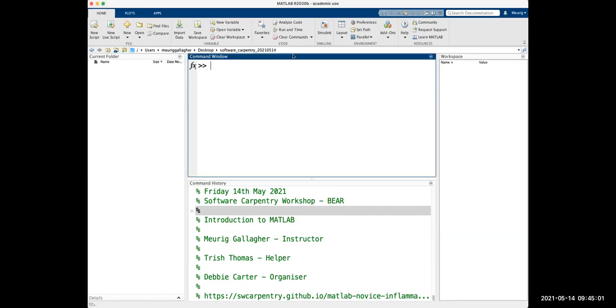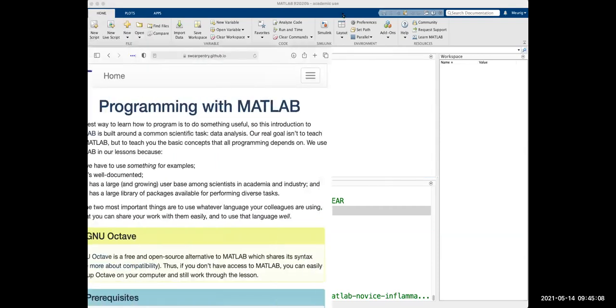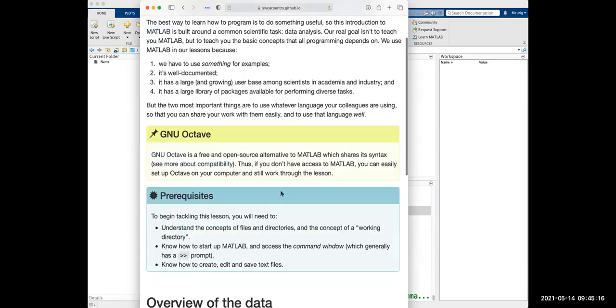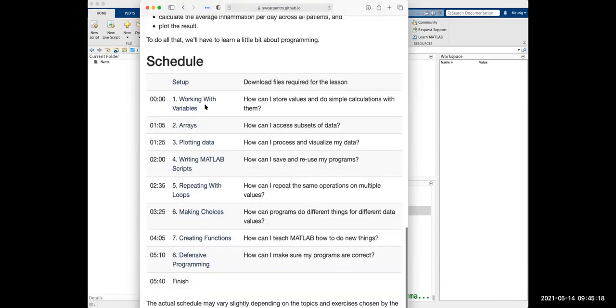Cool. So this is the MATLAB window. This is how it looks. I'll talk it through in a little bit. But first, let's take a look at the guide. I'm going to put this in the chat one more time, the links to the course materials. This guide is basically going to talk through all these sections in the schedule. And the way it's going to work is I'm just going to talk it through.